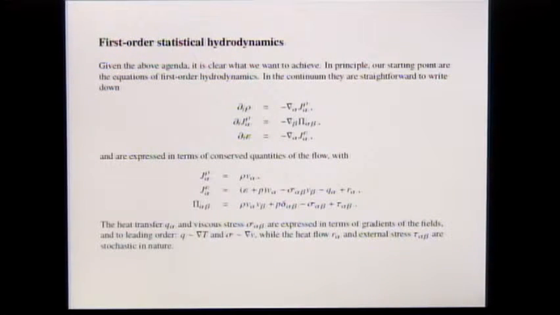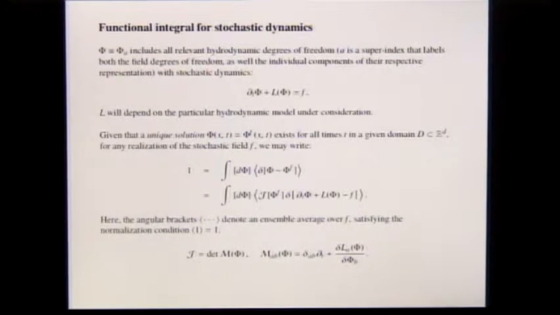Now, what do I mean by stochastic? In particular, we will be looking at Gaussian fluctuations. However, we're not going to assume that these Gaussian fluctuations are necessarily delta correlated. In particular, if we want to model turbulence, we can assume them to be strongly correlated over a large range of scales. And we will see that this induces severe complications if one naively looks at these types of systems in terms of a Monte Carlo framework.